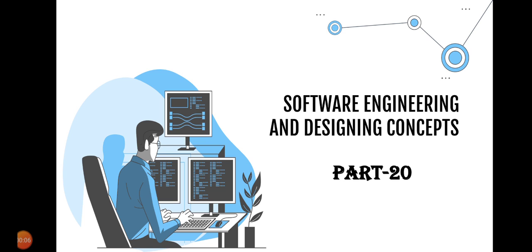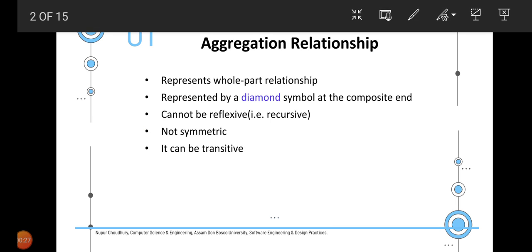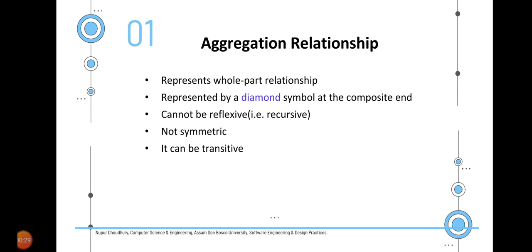In our previous session, we were discussing various relationships that might exist between two different classes. In today's session, we will be continuing with the remaining part of the relationships, and we will be beginning with UML concepts. So the next relationship which might exist between two different classes is an aggregation type of relationship,